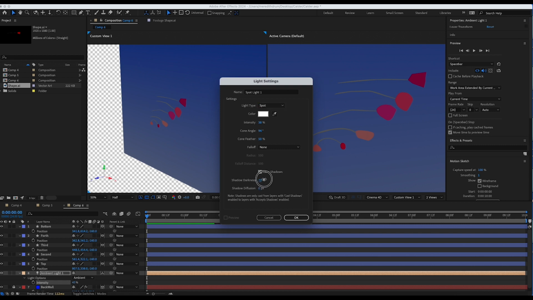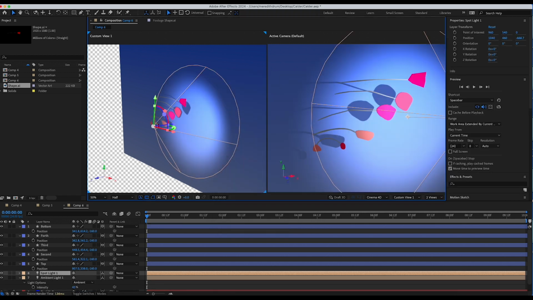You can change the intensity of your shadows now or later, but let's just make sure we have that on. Okay, and you can change the intensity here too. Let's bring it up to 100. Oops, it exceeds 100, so just type in 100. And there you go. You can see now the spotlight's quite different from the ambient light.